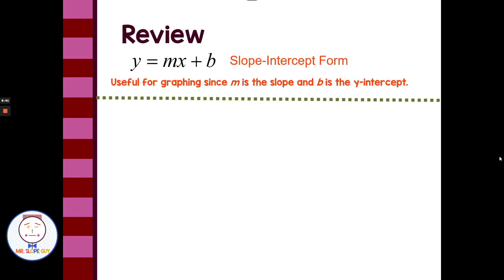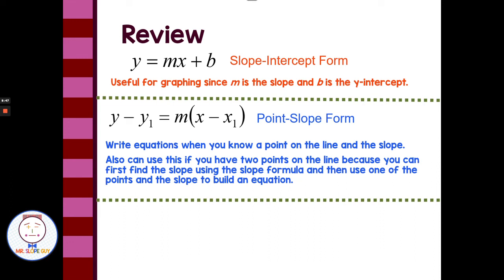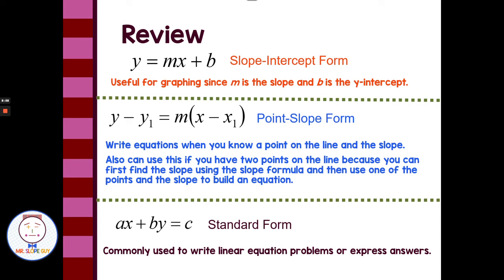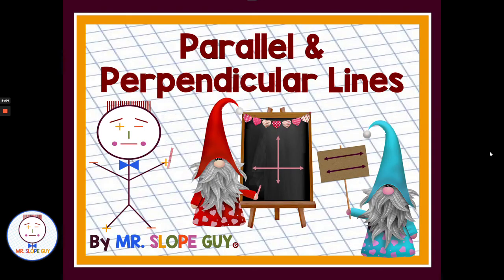Remember slope-intercept form, y equals mx plus b, where m is the slope and b is the y-intercept. Point-slope form, y minus y sub 1 equals m times x minus x sub 1, also known as the equation builder. And standard form, ax plus by equals c, commonly used to write linear equation problems or express answers. And that should get you guys rocking and rolling on